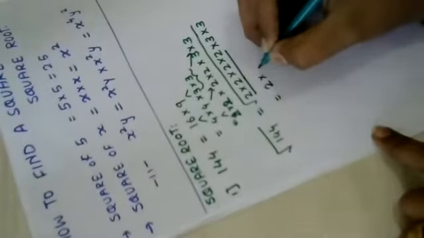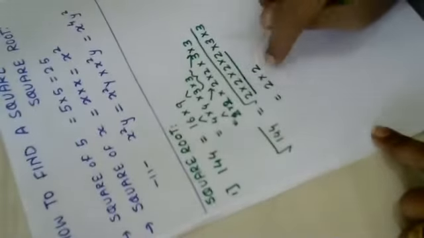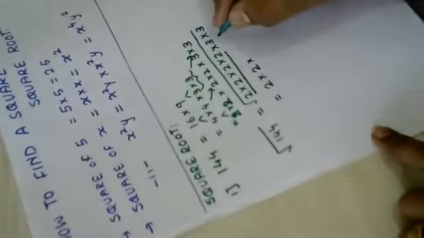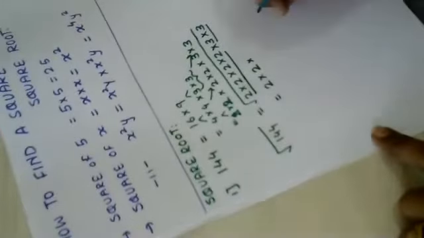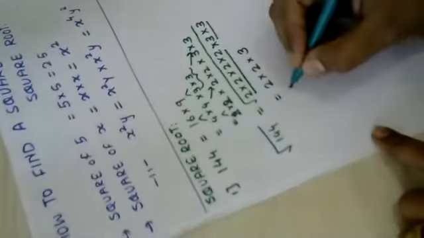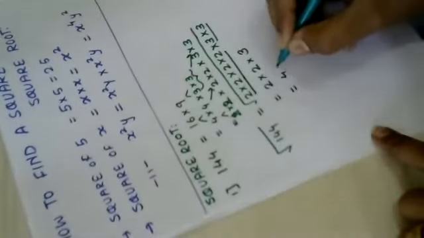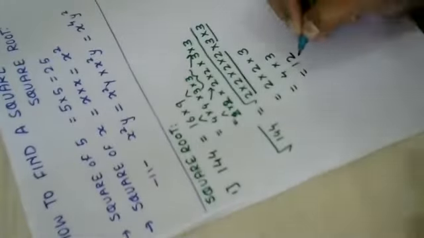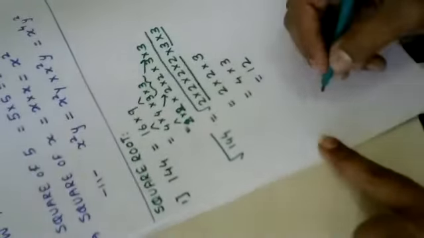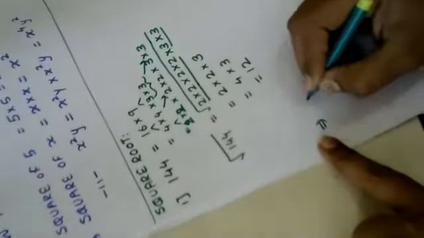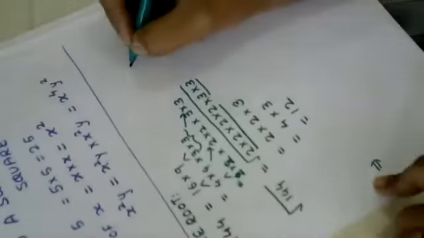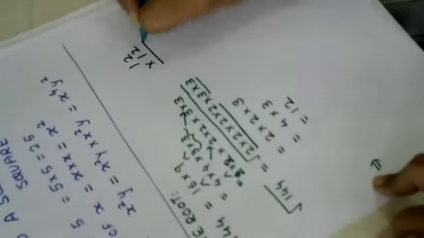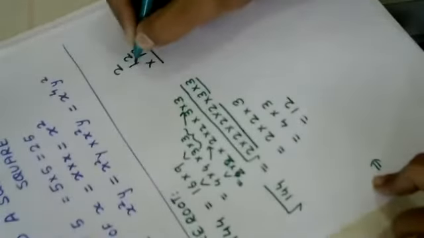4 times 2 is there, so half of 4 is 2 times. So we took 2 times 2 down, multiplied. Now here 2 times 3 is there, so take up 1. So this now becomes 2 2s are 4, this is 3, and this is how we can find the square root. Now I can say the square root of 144 is 12. Now we have to cross check, so you can cross check it like this also. 12 multiplied by 12: 12 2s are 24, carry 2, 12 1s are 12, 12 plus 2, 14. So this is how we will get it back.